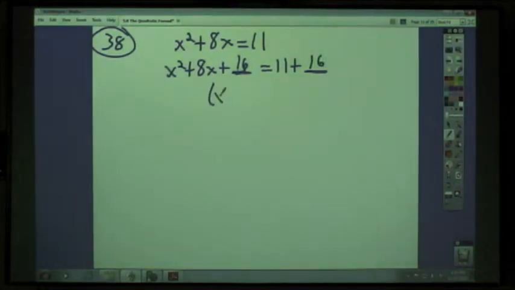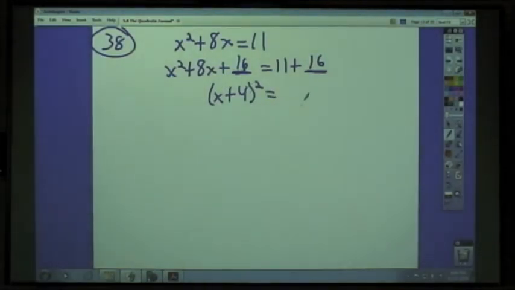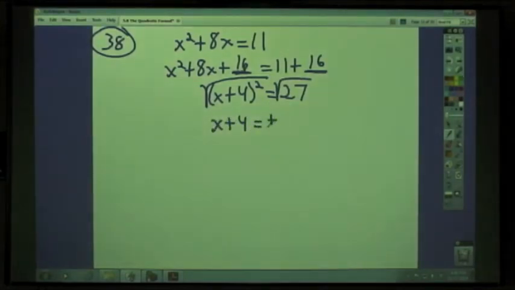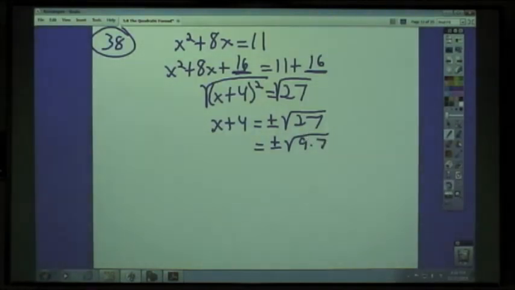When I do that, on the left-hand side, that gives me x plus 4 squared. Remember, the 8 divided by 2 gives me the 4. 11 plus 16 on the other side over here is going to be 27. So when I take my square root on both sides, I get x plus 4 equals plus or minus the square root of 27. 27 can be split up though. Remember, 27 is also 9 times 3. So 9 times 3,